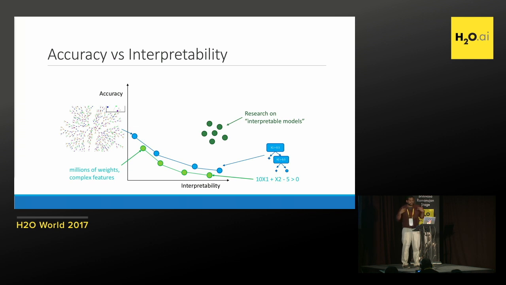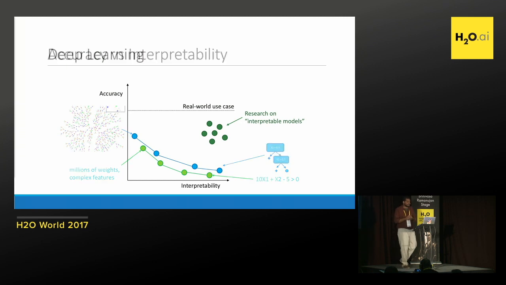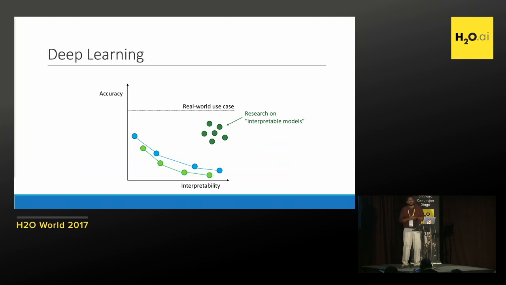And they've given us a lot of information about what humans find interpretable. But at the risk of generalization, I'm just going to say that a lot of them don't sort of fit the real world use case, right? And so deep learning kind of came along and said, OK, the data is really complex. There are lots of dimensions. Let's just put the most complex algorithm on top of it and just sort of ignore the interpretability part.